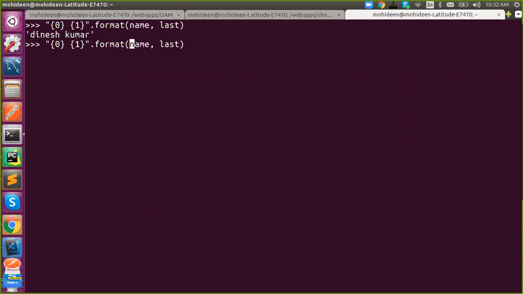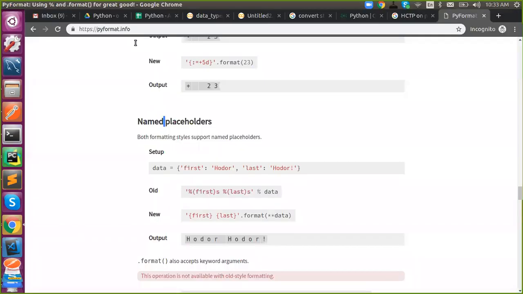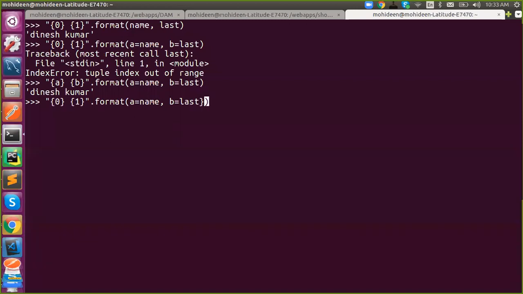For that we have to assign your input to some variables. Otherwise it doesn't work and it will say an index error. We have to give the corresponding reference. Understand? So this means named placeholders. Or you can keep this as a dictionary like this.